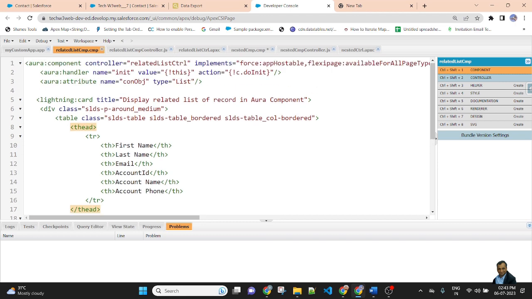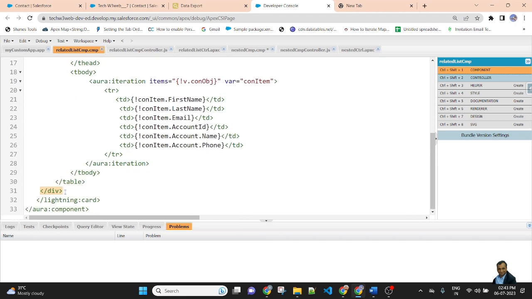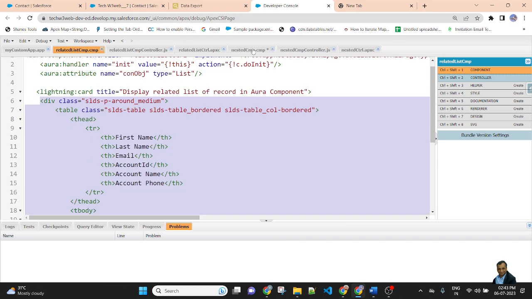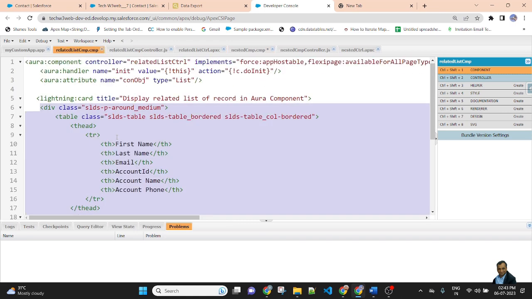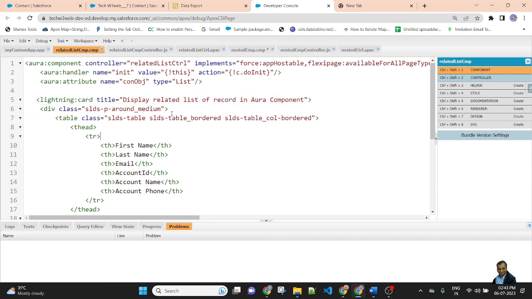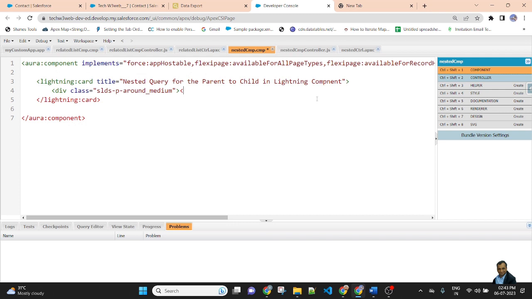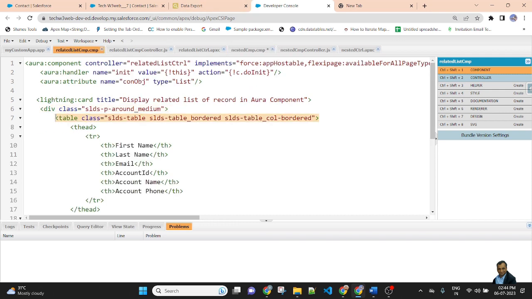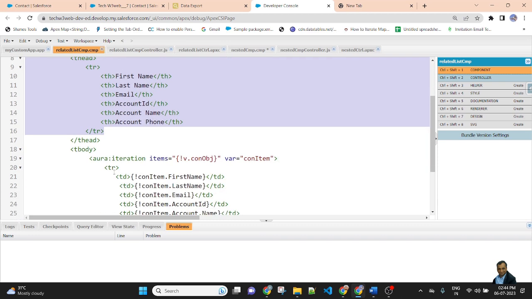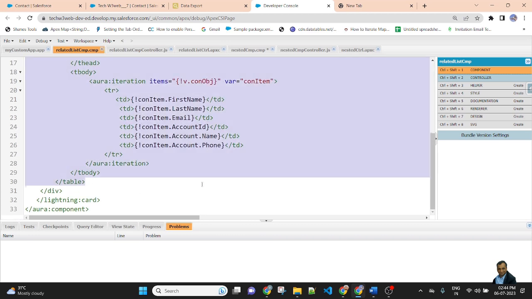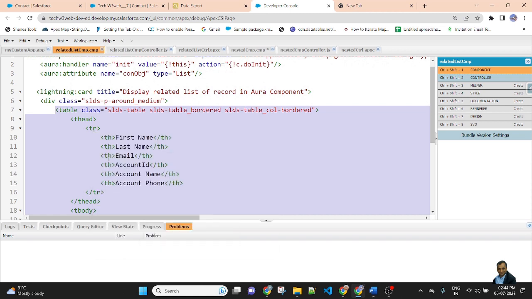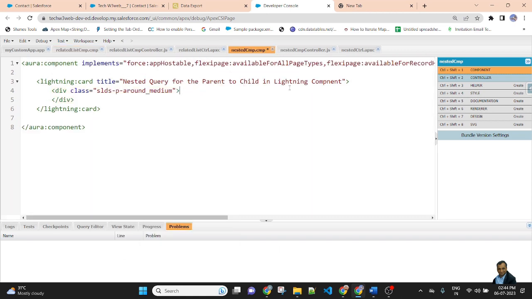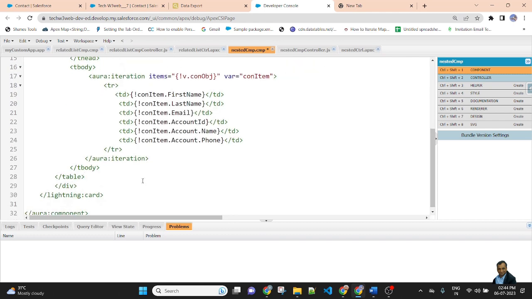Copy this div, close the div, then use the same table. So I'm copying the table and pasting it to save my time.